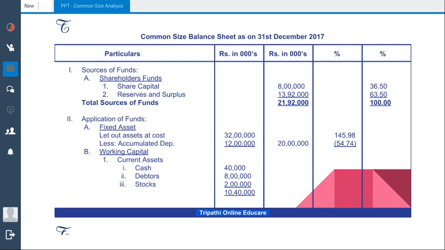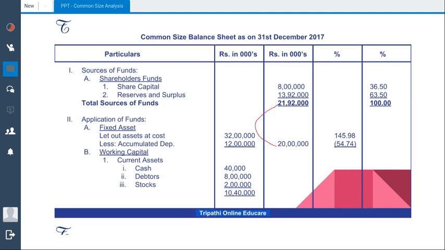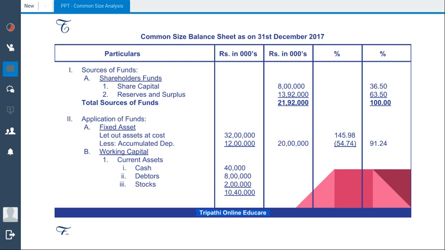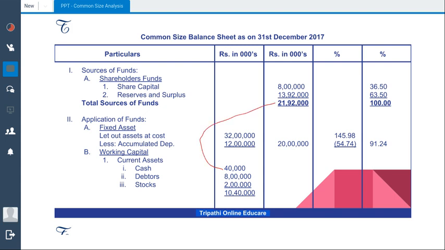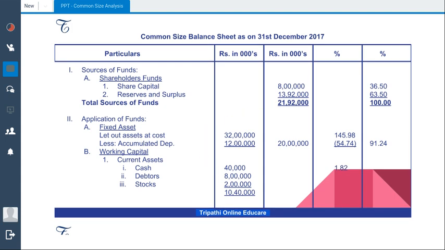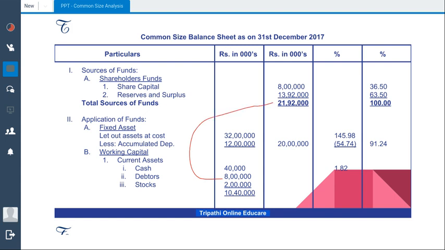Let us calculate for 20 lakhs. 20 lakhs into 100 divided by 21 lakh 92,000. You will get 91.24%. Right? Let us calculate for 40,000. 40,000 into 100 divided by 21 lakh 92,000. You will get 1.82%. Okay. Let us calculate for 8 lakhs. 8 lakhs into 100 divided by 21 lakh 92,000. You will get 36.50%. Let us calculate the percentage of stock. 2 lakh into 100 divided by 21 lakh 92,000. We will get